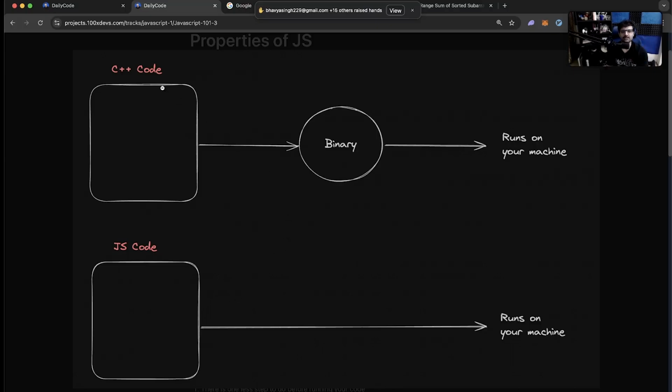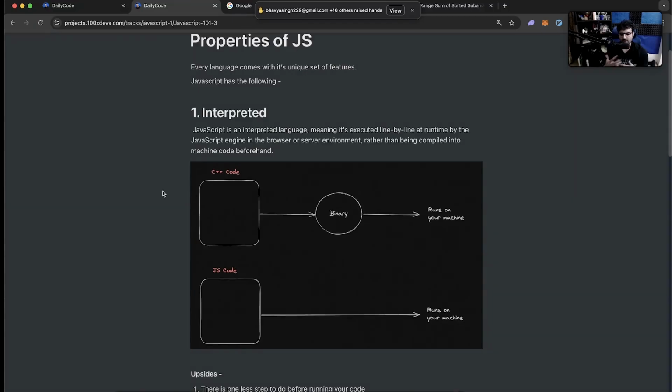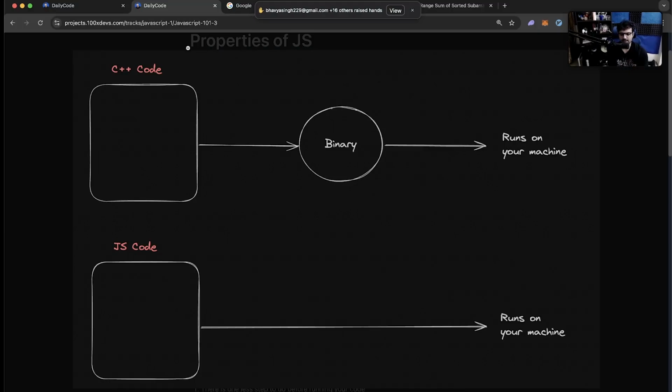Versus in C++, you first write your whole code. You first compile it. The C++ compiler does 1000 checks over here. Makes sure your code is fine. And only if your code is fine does the binary get spit out. Once the binary is spit out, you can run it independently. Can you think of what might be better? Both of these are different approaches. This guy expects you to first write the whole code. First write all of the C++ code. Then compile all the C++ code. Then run it. This guy doesn't care.